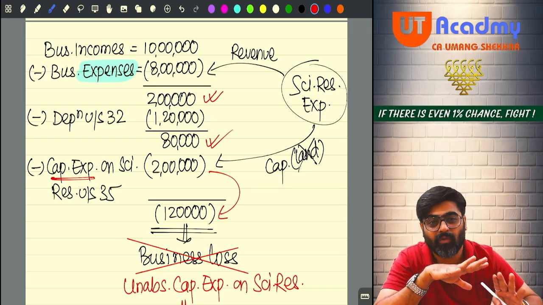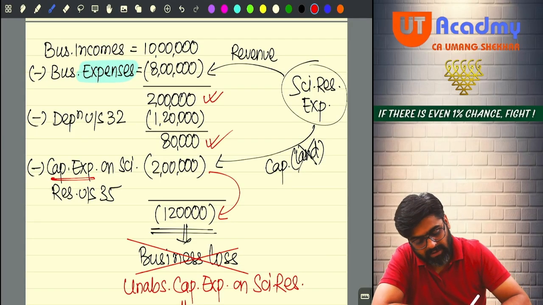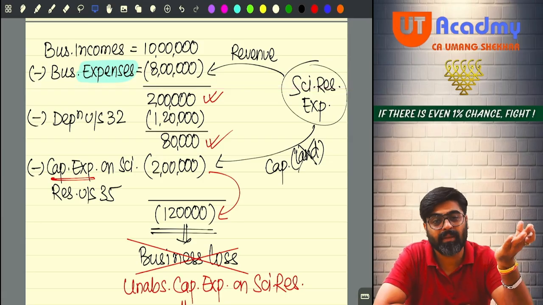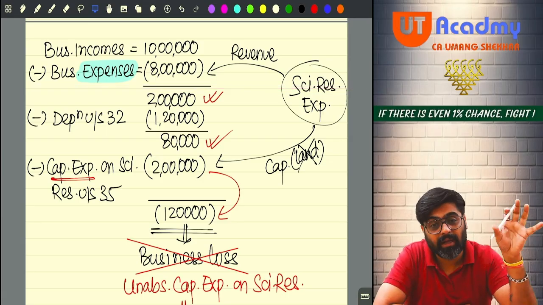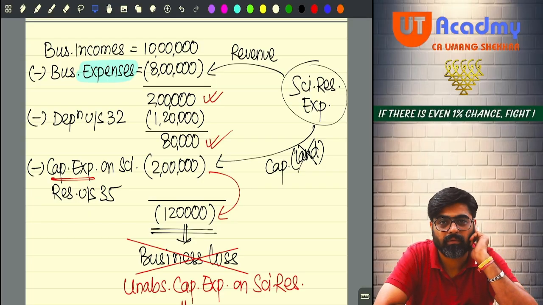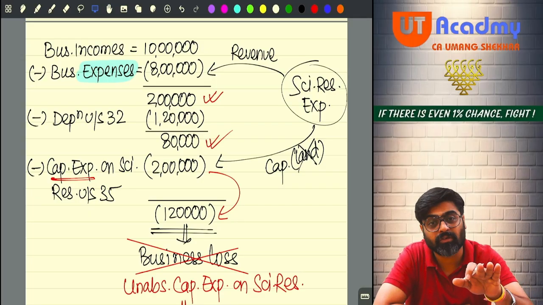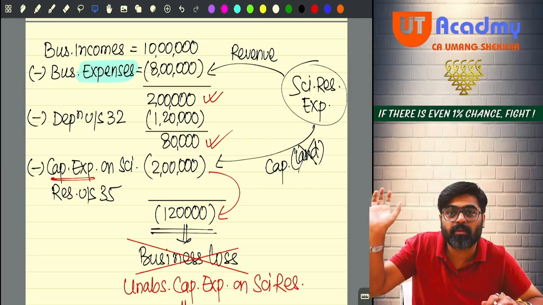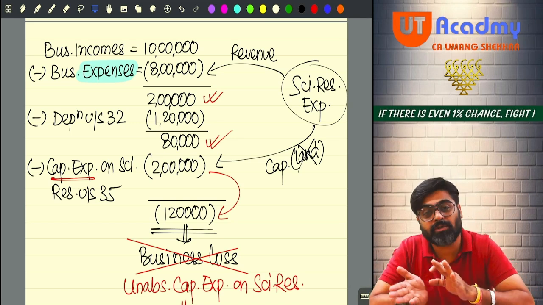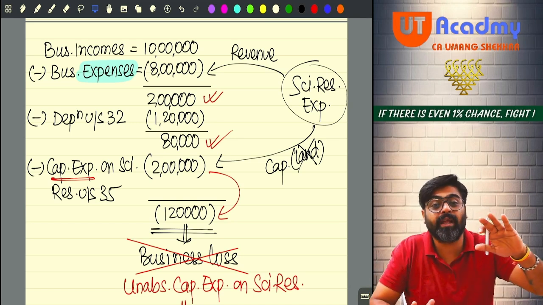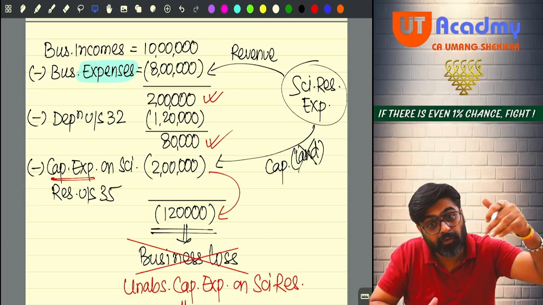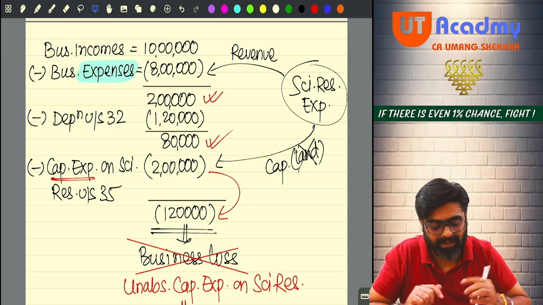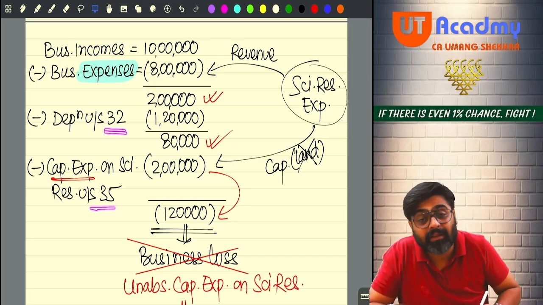Yes or no? See, all the revenue nature expenditures, you claim first. But after claiming the revenue nature expenses, claim the cost of the assets later on. Claim the cost of those assets which are used in the normal business operations in the form of depreciation in small parts. But claim the cost of those assets which are used in scientific research fully. But that you claim after depreciation. First section 32 will come, then 35 is coming, no?